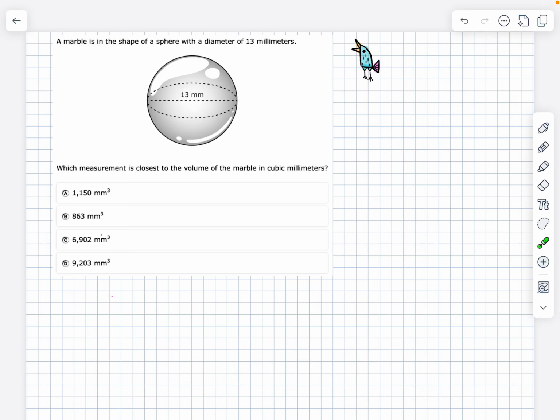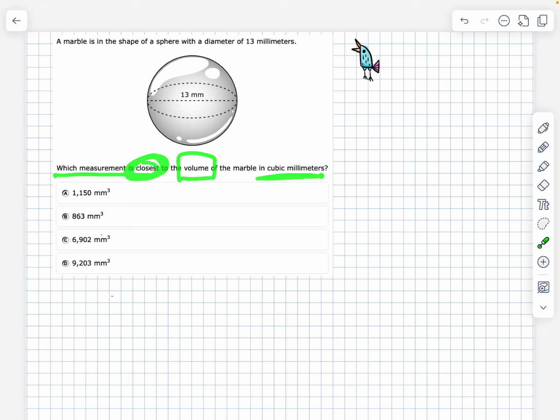All right, let's start out by reading this problem and just make some observations. A marble is in the shape of a sphere with a diameter of 13 millimeters. And this is nice, they give you a drawing. They tell you the diameter is 13 millimeters. And then they ask which measurement is closest, we don't have to be exact, closest to the volume of the